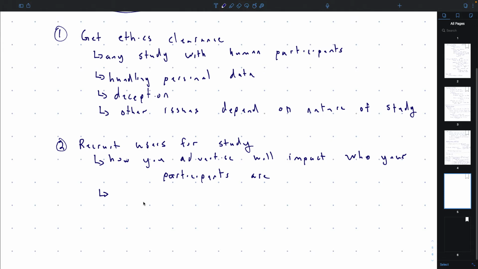Another thing is, do you have to get real users and bring them physically into a room? And the answer is no. There are lots of studies where, say, they're using a website or something like that. It doesn't matter, they don't have to be here. So you can recruit them online. There's a bunch of online services that offer things like Mechanical Turk, MTurk it's called now, CrowdFlower, where you can pay people small amounts for small tasks. So you pay them $10 to do something that takes 20 minutes or things like that. And so you can use those types of web studies.